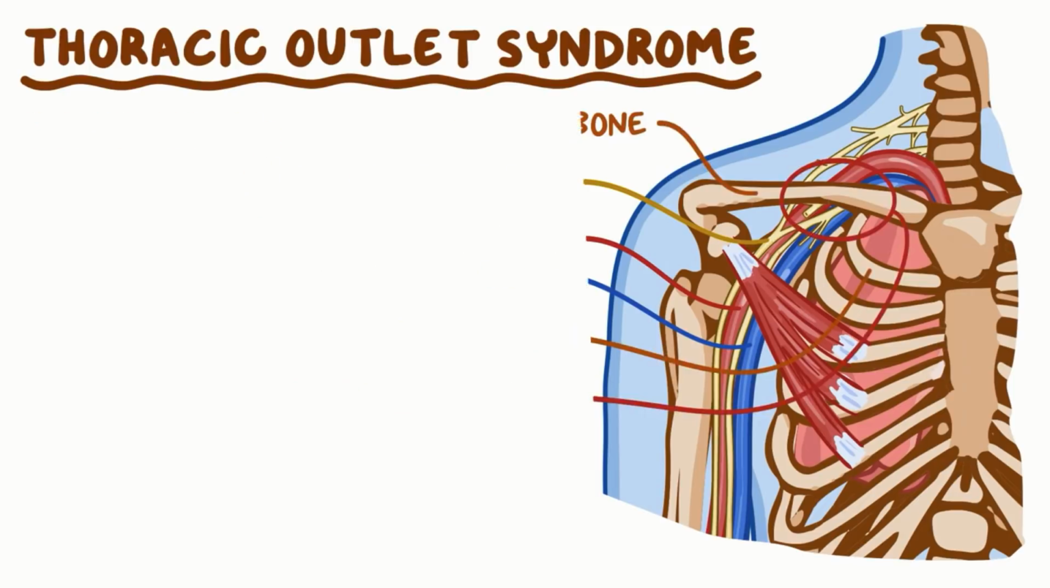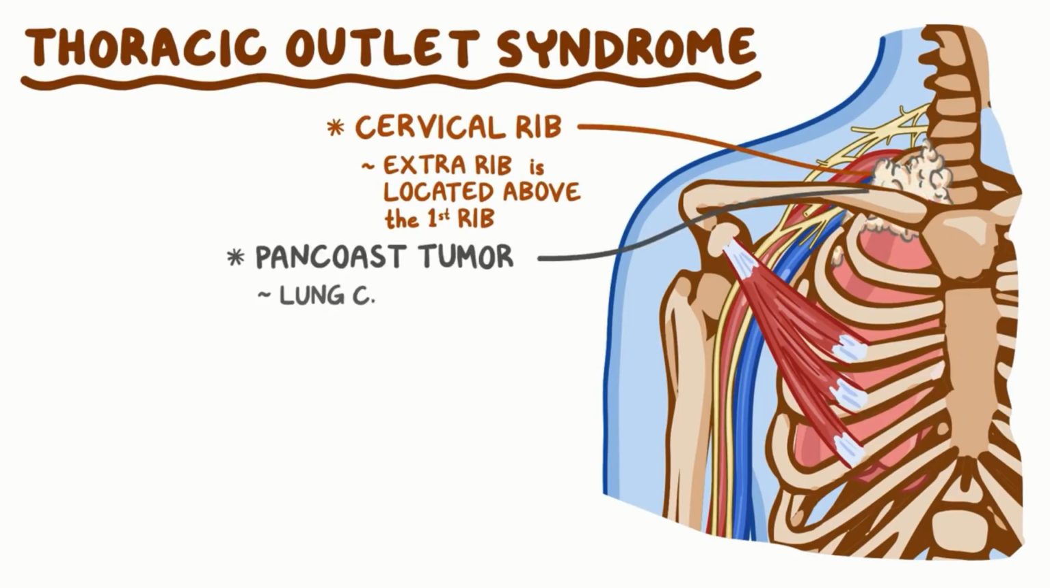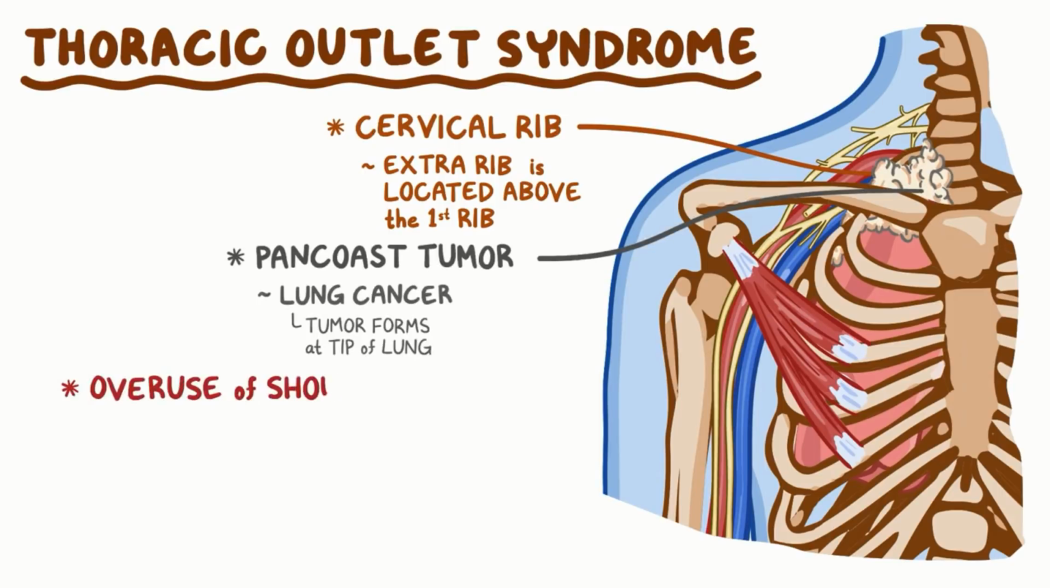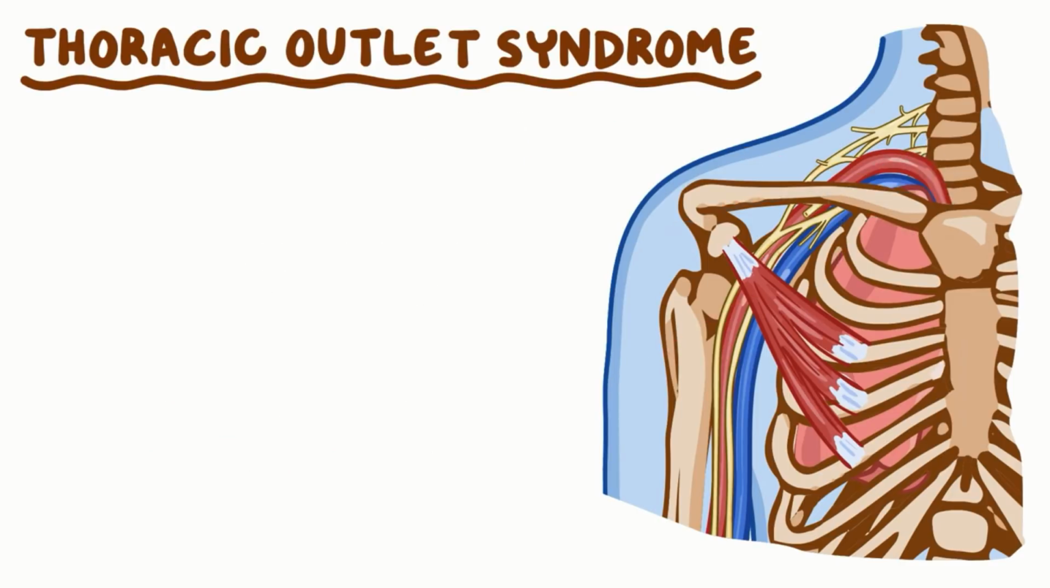This compression could be caused by a cervical rib, which is a congenital anomaly where an extra rib is located above the first rib, or by a Pancoast tumor, a type of lung cancer where a tumor forms at the tip of the lung. Overuse of the shoulder and arm can cause inflammation and swelling in the area, which also narrows the thoracic outlet. Whatever the cause, compression of the inferior trunk and roots of the brachial plexus causes similar